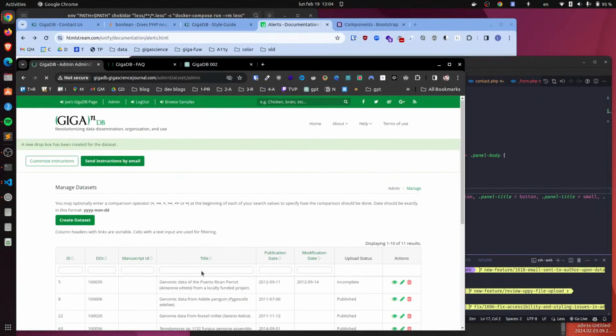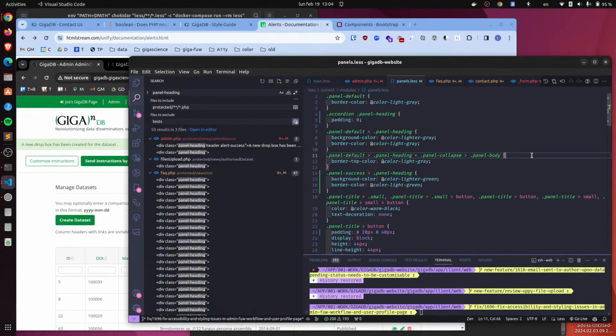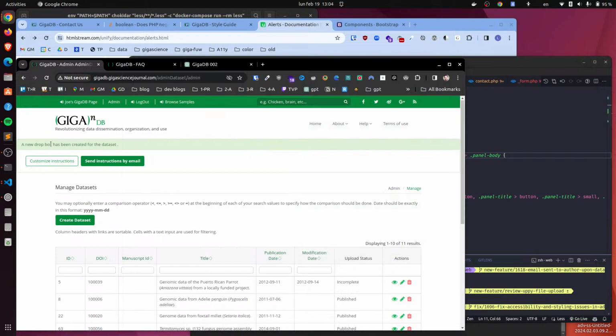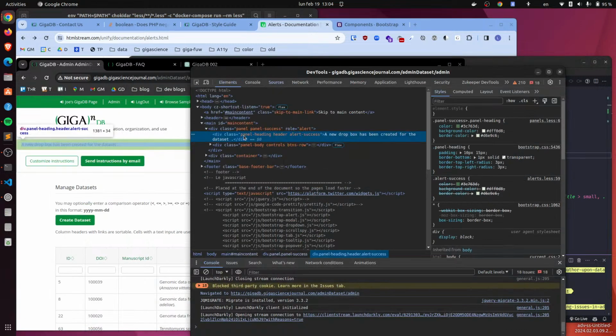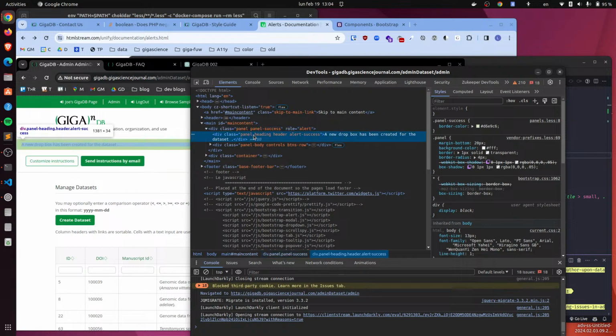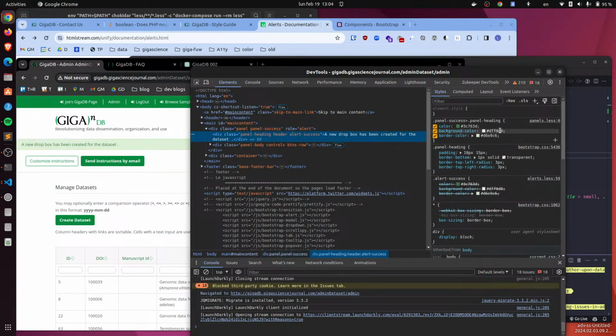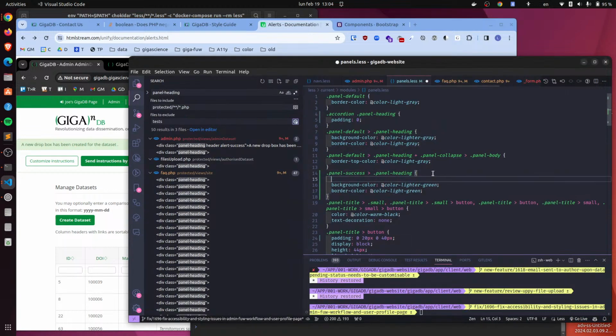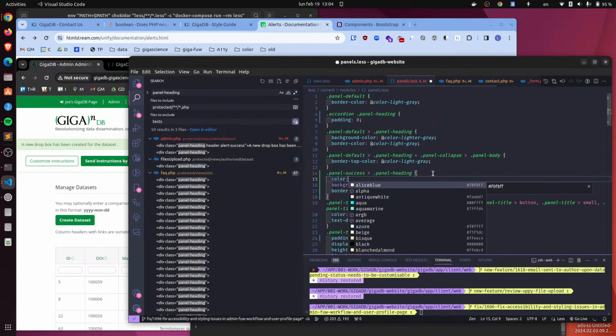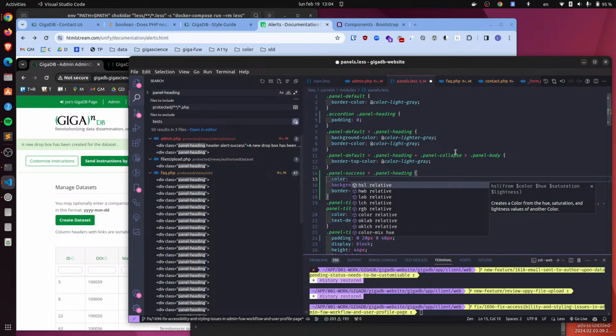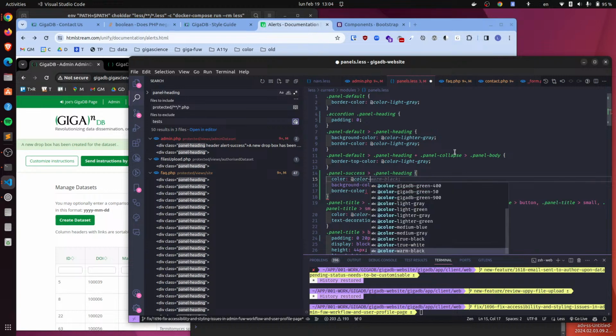If I do this, it just gives me the, hold on. Panel success, panel heading, changes the colors, but it's not the, so we have color, what is that? What color? Warm color,